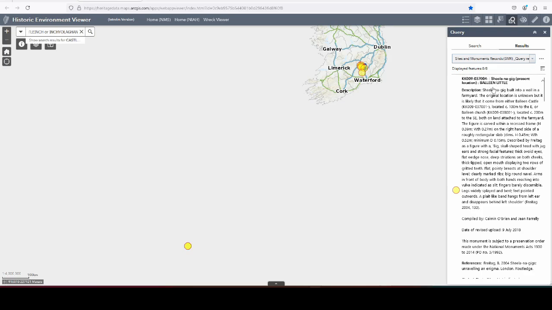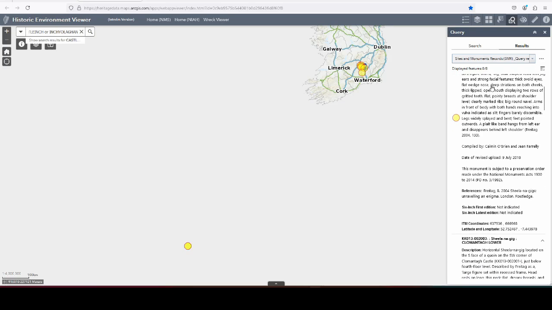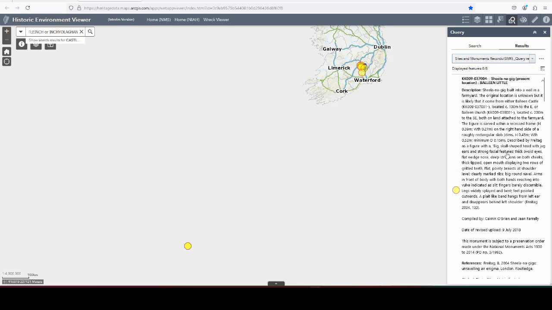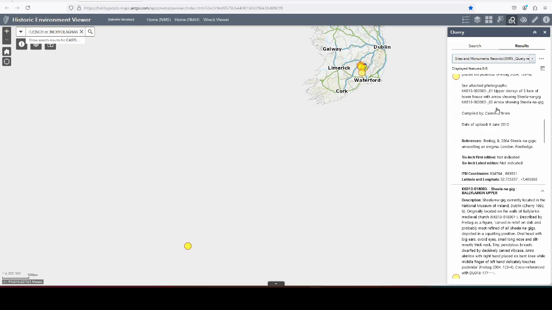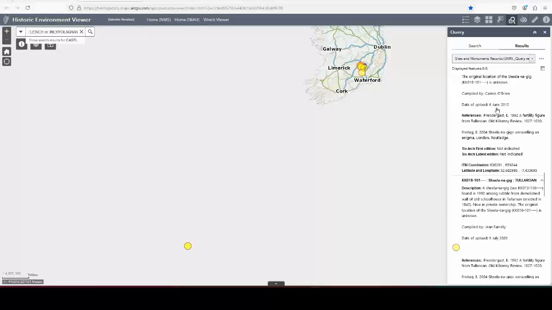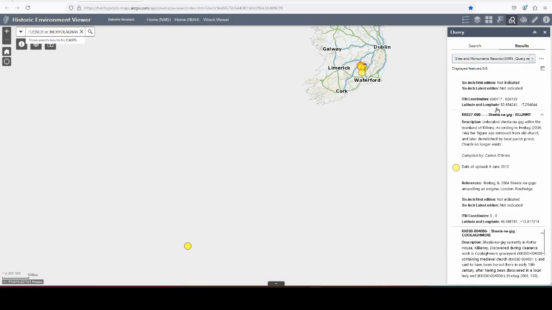So the first one is in Berlin. The original location is unknown, but it is likely that it came from either Berlin Castle or Berlin Church. I'm trying to think now where that is, I can't quite think of it. And you get all the information you get in the pop-up, you get that on the right-hand side here, and then you could scroll through, and they all seem to have descriptions,